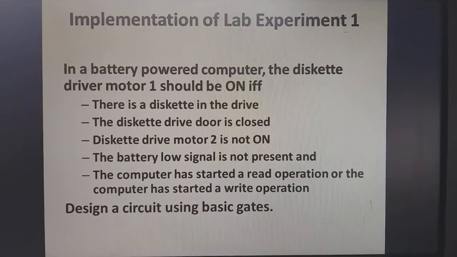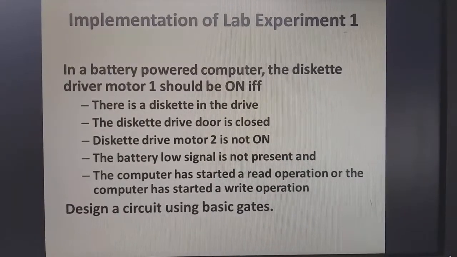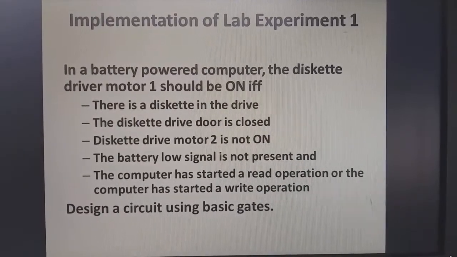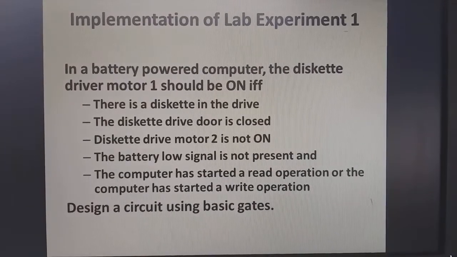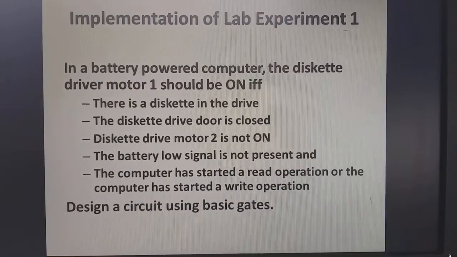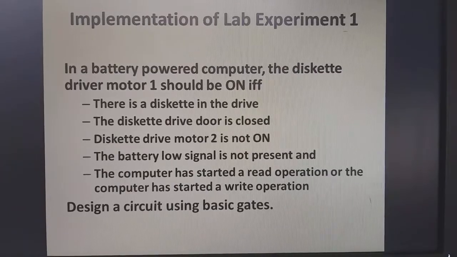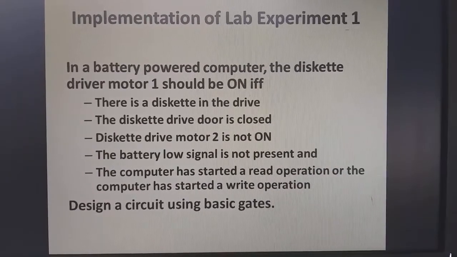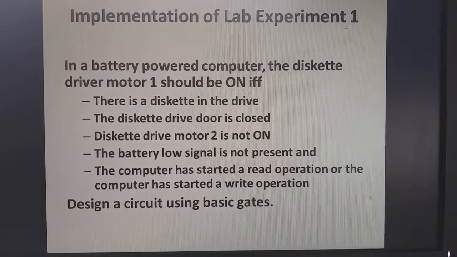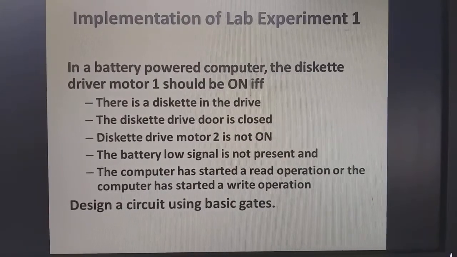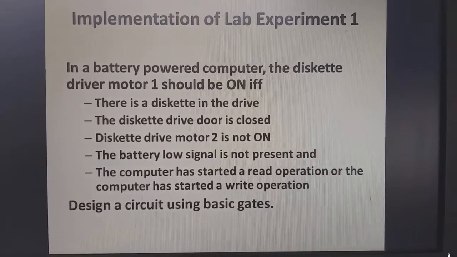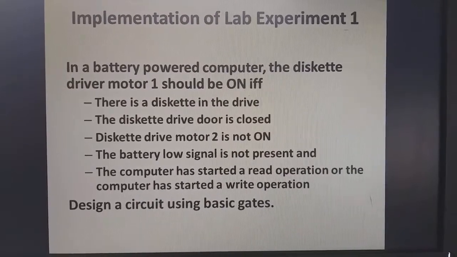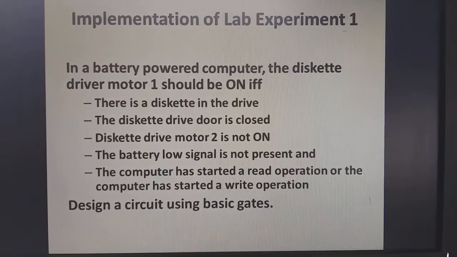Morning all. So today we are going to have the second experiment of the lab, implementation of lab experiment 1. In the first lab we have already done the basics of logic gates, or realization of the basic gates. Today we are going to implement the actual lab experiment according to your syllabus. The first experiment statement goes as follows: in a battery powered computer, the diskette drive motor 1